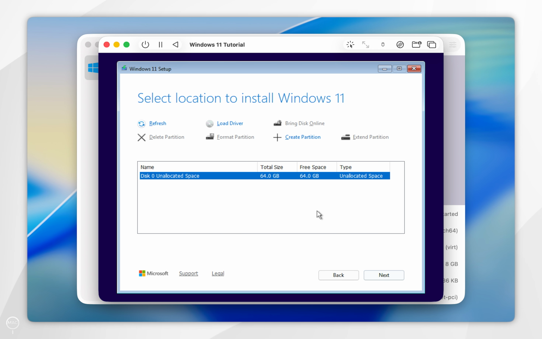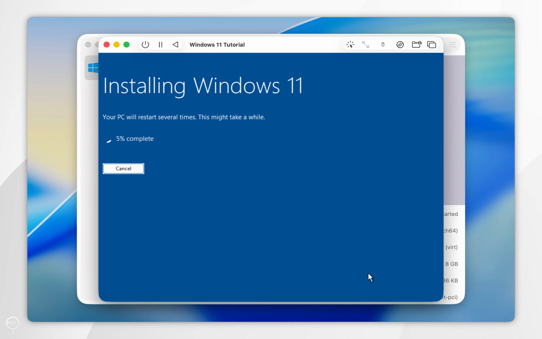Now it's going to list all of the storage that you have allocated to the virtual machine, and I have only allocated 64 GB, which is what I did earlier. If you want to create partitions, you can do that from here. However, if you just want to install everything on one drive, you want to make sure it's highlighted and select next. Now it's going to begin the process of installing Windows 11, and this can take quite a few minutes,